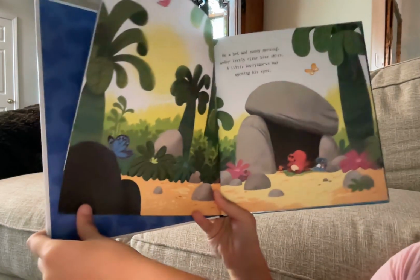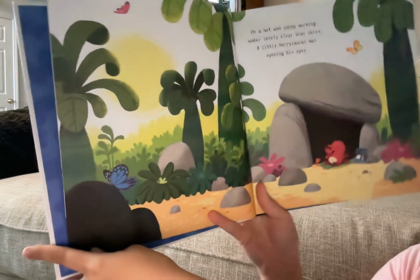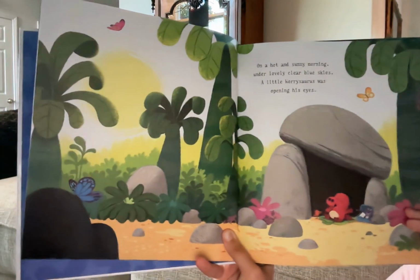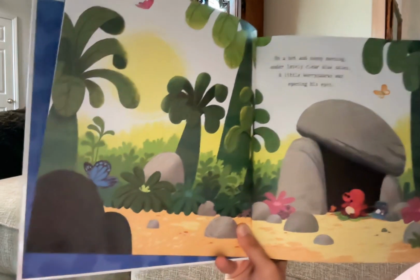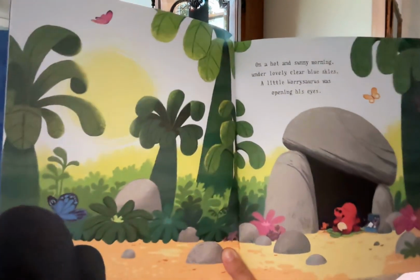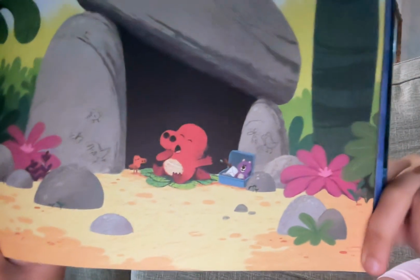On a hot and sunny morning, under lovely clear blue skies, a little Worrysaurus was opening his eyes. And this page is filled with a huge jungle with green trees and the sun in the sky and some sand on the ground and gray rocks. And then there's a blue butterfly on one of the rocks and a pink butterfly and an orange butterfly flying in the air. And then we see a big cave made of rocks, gray rocks, and a tiny Worrysaurus is